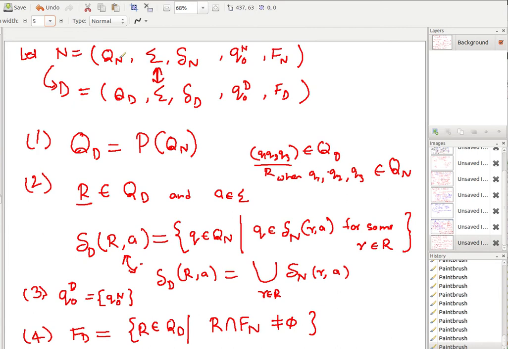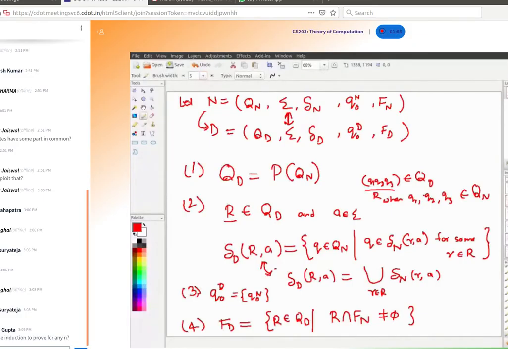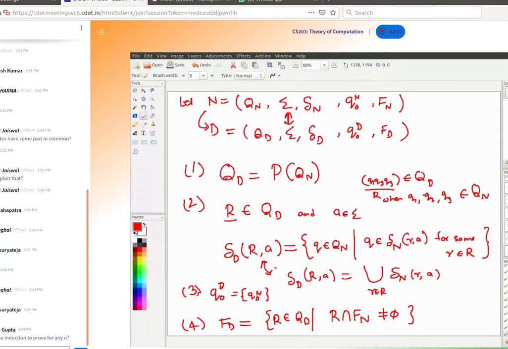For every NFA, I have an equivalent DFA. I think this is a very mathematical way of doing that. We can do a few examples to quickly derive it, but let's see if anyone has any doubt so far. Does anyone have any question in this?